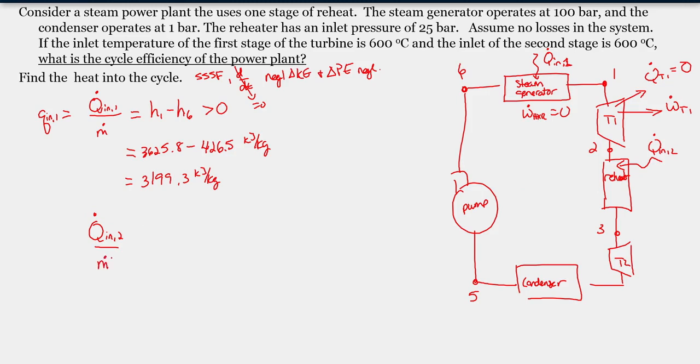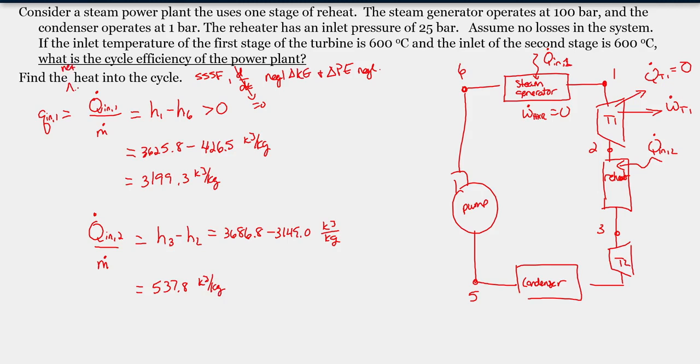Again, we're going to normalize everything by the mass flow rate. When we plug in the values here, this is going to be for H3 minus H2, the enthalpy at state 3 minus the enthalpy at state 2. That's going to give us values of 3686.8 minus 3149.0 on a kilojoule per kilogram basis, which gives us a total of 537.8 kilojoules per kilogram. So to be very precise in our language, this is the net heat that we're interested